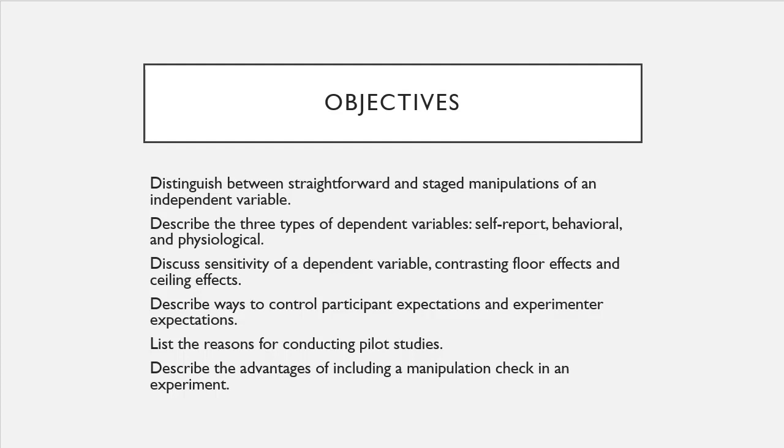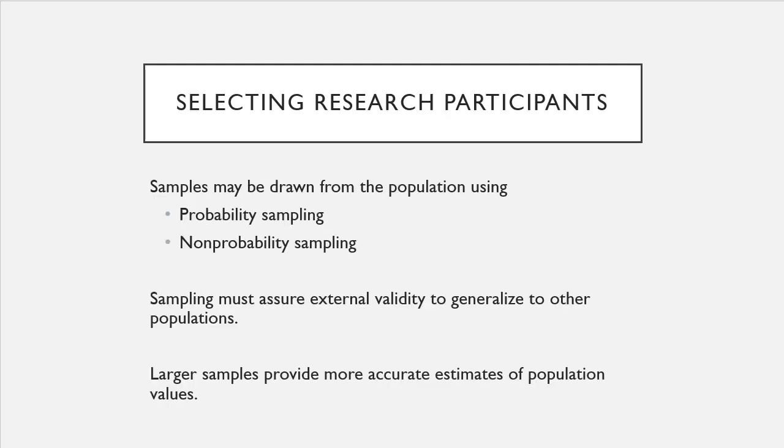We're also going to describe the ways to control participant expectations and the experimenter expectations. We're going to look at some reasons for conducting pilot studies and then talk about the advantages of including a manipulation check in an experiment. So let's hop into this. A lot of hopping and jumping so far. I better stop that. So when we're talking about experiments, we need to talk about how do we get people